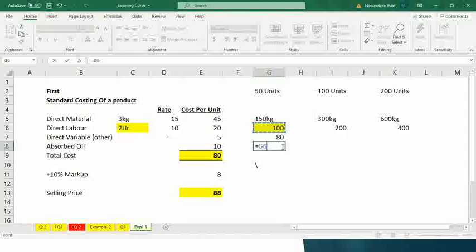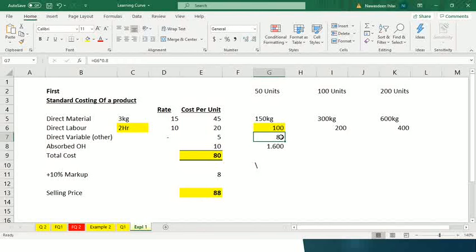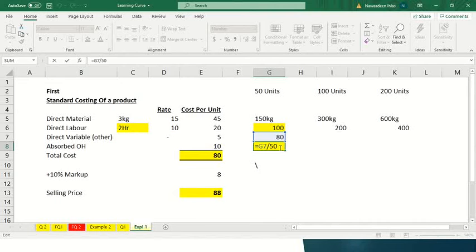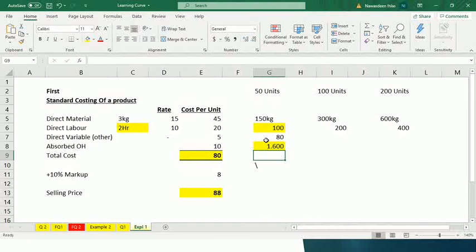Here you can see, now we need only 1.6 hours per unit. So here if we produce the first unit we need 2 hours, but if we produce 50 units we can finish this particular work within 80 hours, which means per unit we need only 1.6 hours, which means per 1 unit